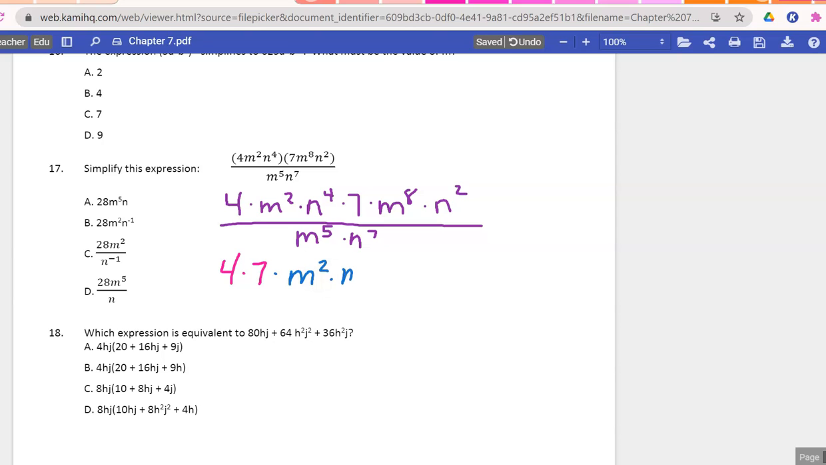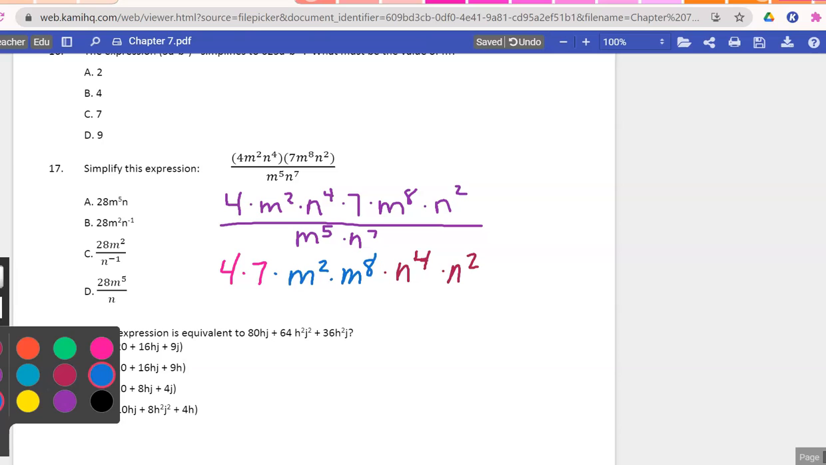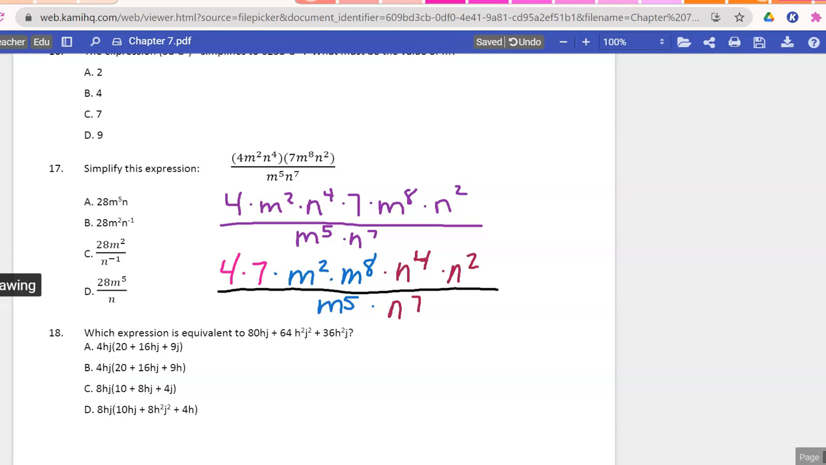So m to the 2nd times m to the 8th times n to the 4th times n to the 2nd all over m to the 5th times n to the 7th. On the top, you can simplify by multiplying your two numbers together. So 4 times 7